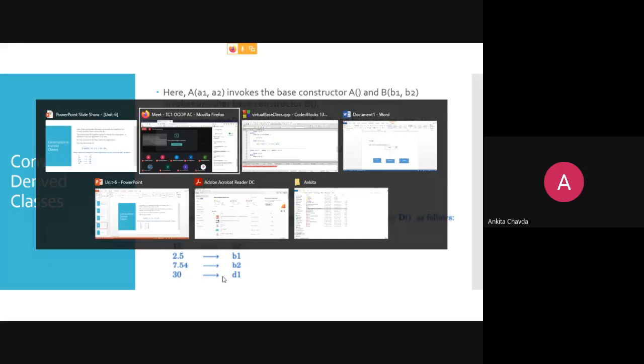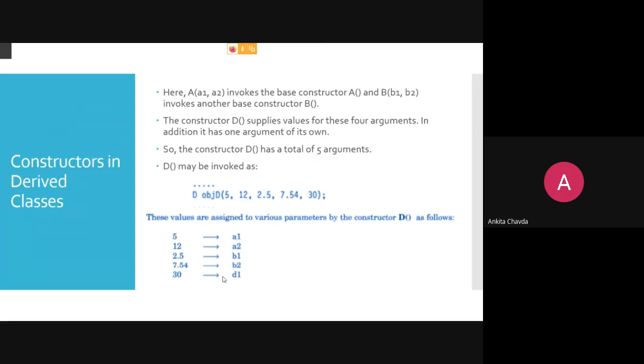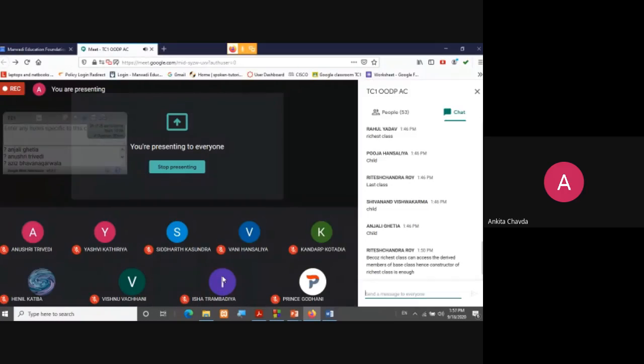The rest of the things we will do in our next lecture. We'll see that the base class constructor will be called first, and then your child class constructor will be called. One or two programs we'll see related to that. I hope all is clear to you guys. Everything is clear.